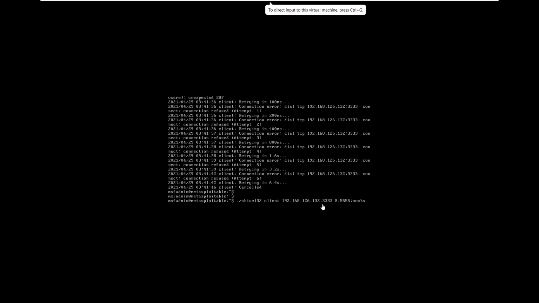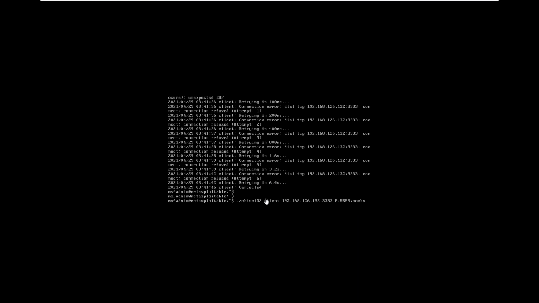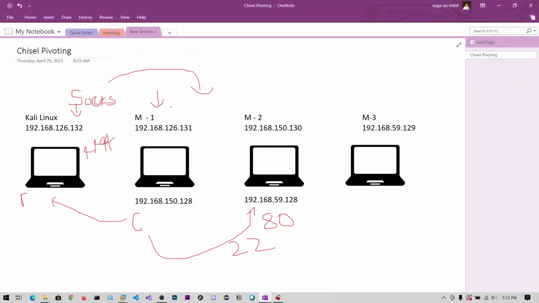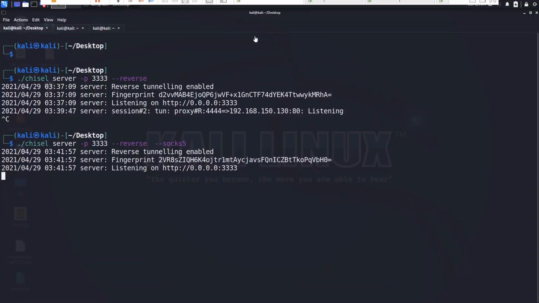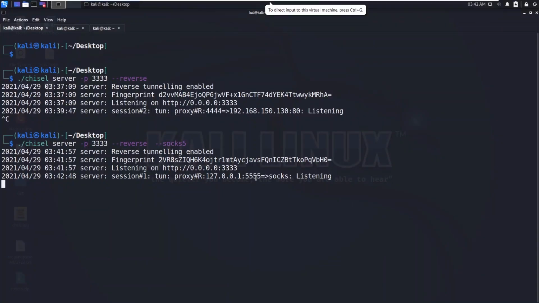So what this means is, whatever data is coming from port 5555 on the Kali Linux machine, Chisel has an internal SOCKS, so it will act as a SOCKS client and send the data to this M2 machine, which will be very easy for us to scan the ports. Now hit enter simply. So we have connected from 5555 to SOCKS.